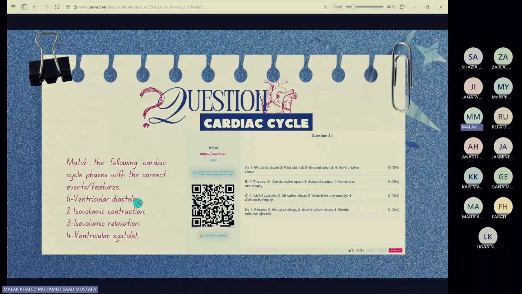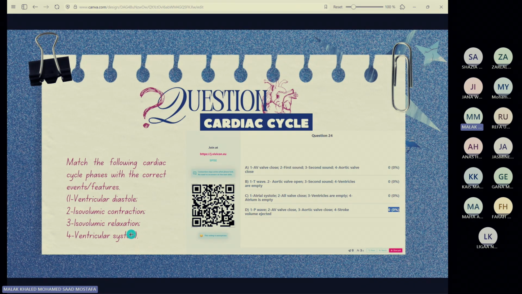Ventricular diastole. So oh yeah, this is at the beginning. Yes, this is the P wave. So you have the P wave, your atria contract a bit to let the blood out through, and then your AV valve closes when you have isovolumetric contraction, because in isovolumetric contraction, everything is closed. Isovolumetric relaxation, everything is closed. So AV valve closes. The aortic valve closes, yeah, in 3,